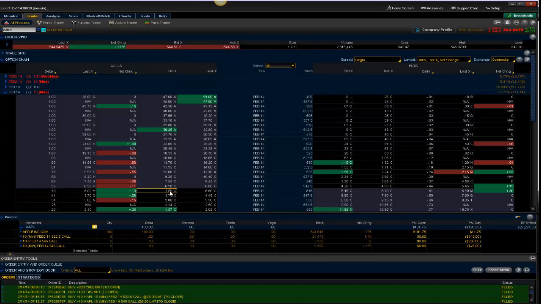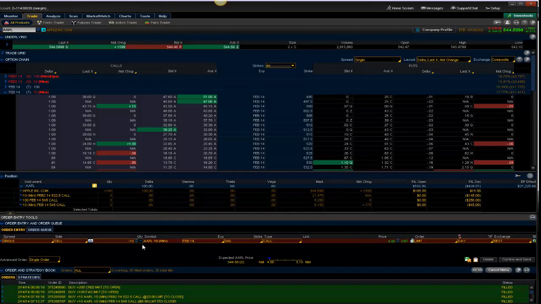So I'm just going to left click on the bid price right here. It will come up down here automatically. Now, one thing to keep in mind is we want to sell at a higher price and then buy them back at a lower price when you're selling options. So right here, you can see that the bid is 480 and the ask is 515. Well, since we want to sell them for a little bit more,